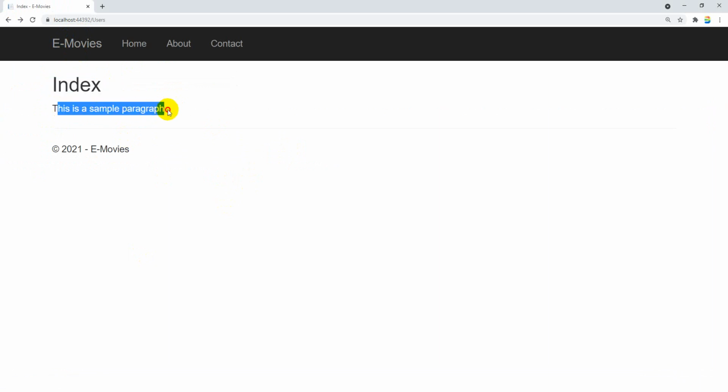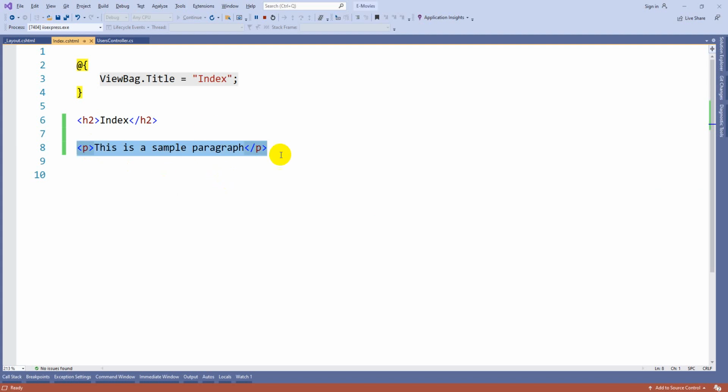So this is a sample paragraph. So here you can write anything. As I said, you can write your HTML code, or else you can write your C#.NET code also. As I mentioned, whenever you want to write one line of C#.NET code, you can use a single @ symbol. Whenever it is a block, you need to write this kind of logic. Okay. So this is how you can create a controller. This is how you can create a view also.